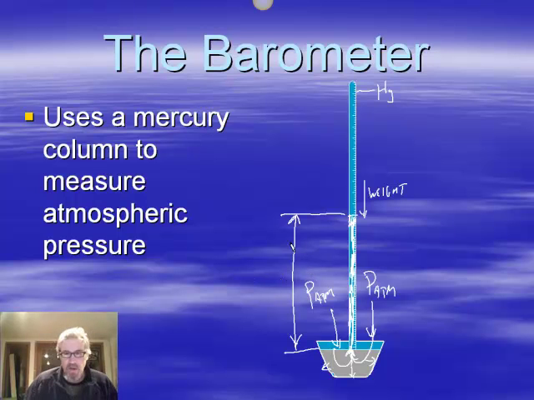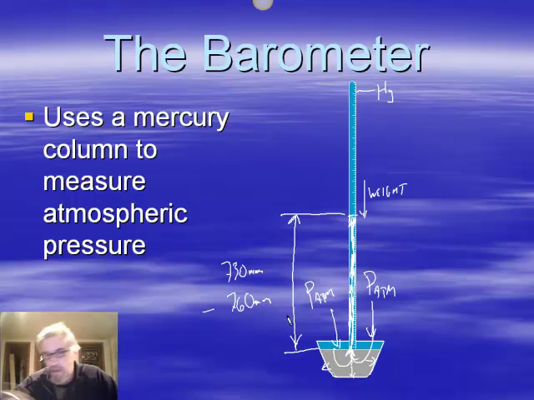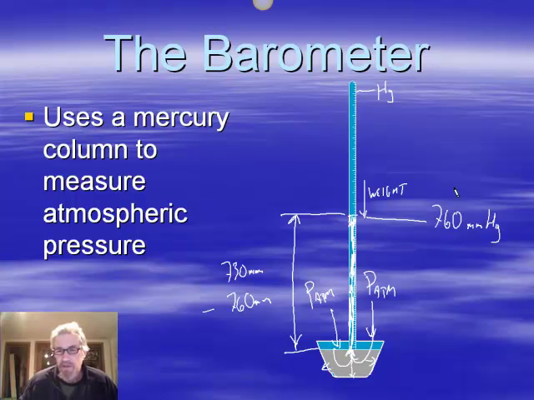Most people live where the height of this column is between 730 millimeters and about 760 millimeters most of the time. It turns out there are other things that affect it, like what the weather is doing. Sometimes there's low pressure, sometimes there's high pressure in a local region, and that means that the weather is changing. Because at sea level, most of the time the height of that column is about 760 millimeters of mercury. That was defined as a new unit of pressure. 760 millimeters of mercury is the same as what we call 1 atmosphere